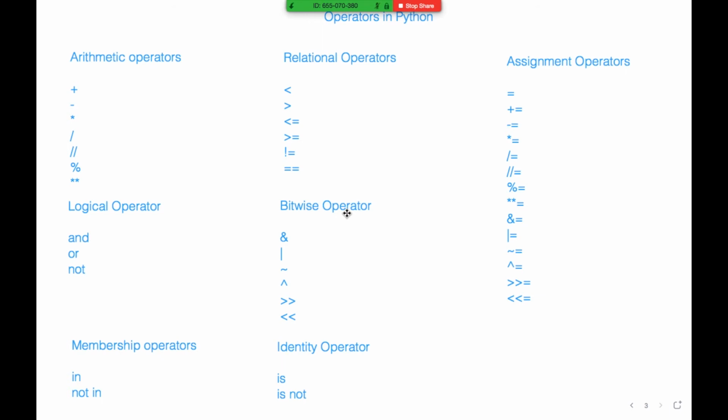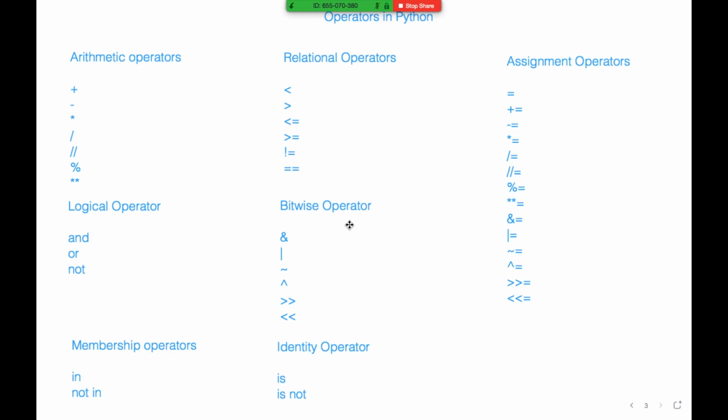If you want to manipulate those bits, we can use bitwise and, bitwise or, bitwise not, bitwise XOR, and bitwise shifting: bitwise left shifting and bitwise right shifting. So if you want to manipulate the internal bits, we can use bitwise operators.